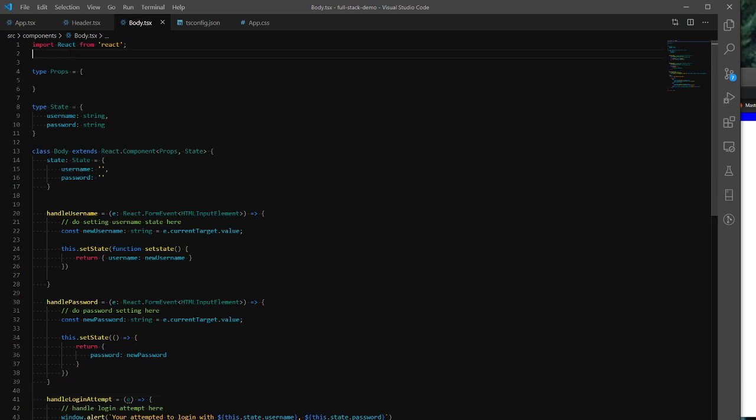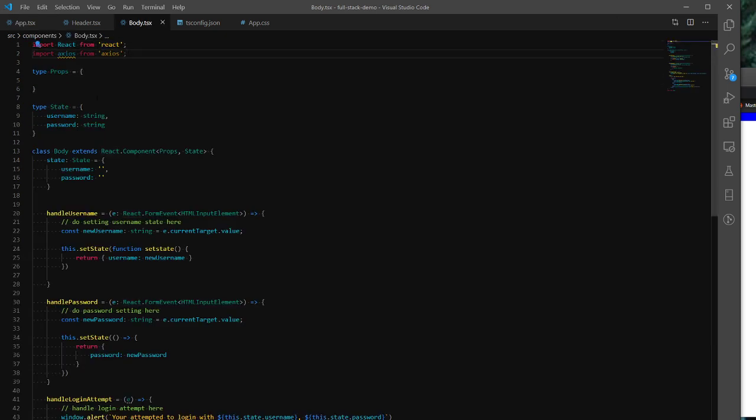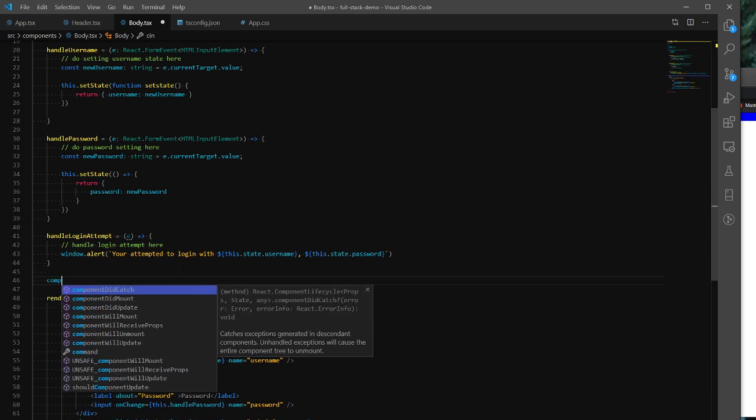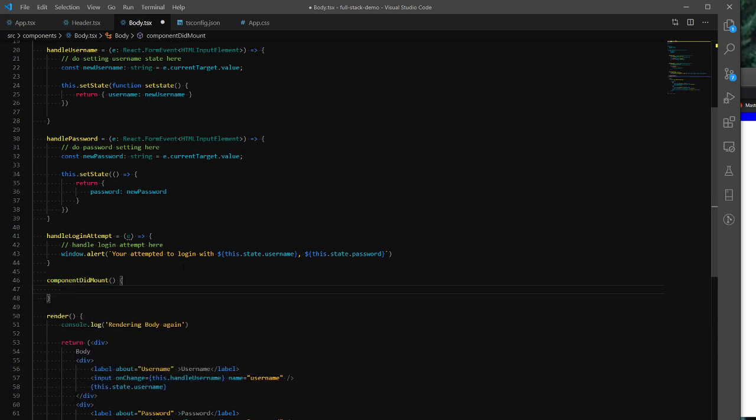And now we'll show how to get some data from external sources in. So we have to import Axios as a library as we would with any other file. You notice it's the same as React in the sense it's not a component, it's an entire library. So you have to use the library-based modular component system instead of our relative imports like this. They're a little different. Same as React though. So let's create a new function. I'm going to do it here in the component did mount. And mounting is essentially when the component is in its initial mounting in the DOM,